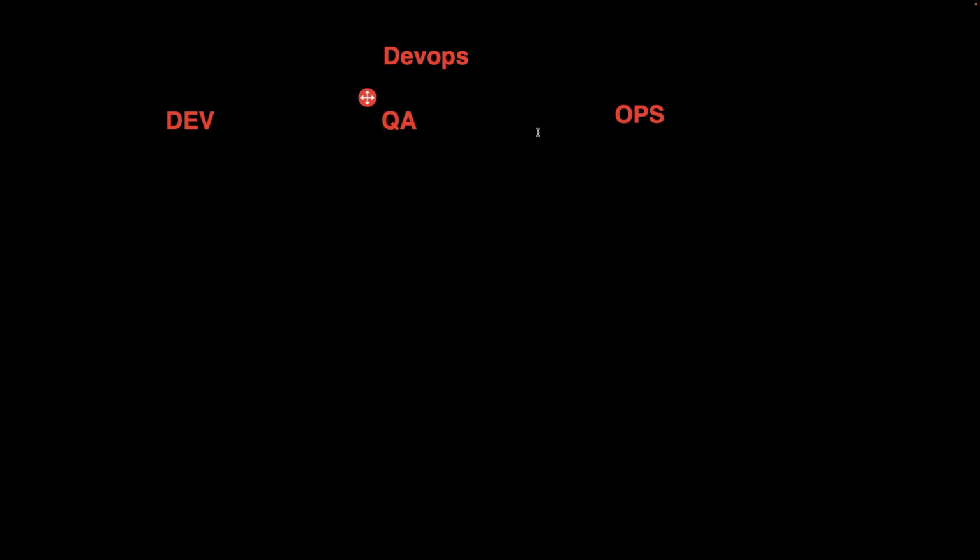Like the development team, the QA team who test the application, and the ops teams who work on deploying an application. Before we dive deeper, let's talk about who developers are. Programmers or developers write the code, right? Or else, those who design the application, who work with the client requirements and design the application, are called a development team, correct? So they write the code, they build the application, right?